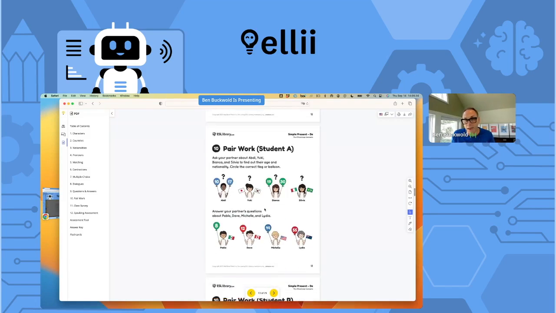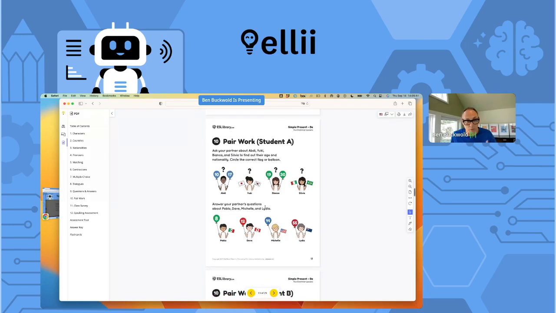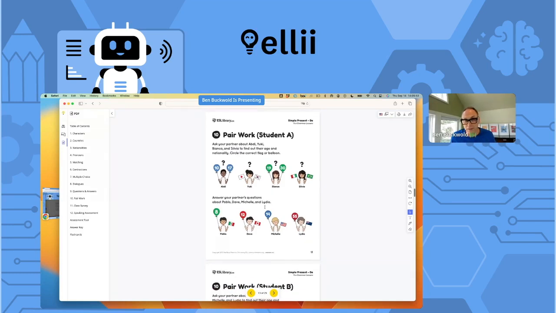You can see here there's a pair work activity. We spend a lot of time developing paired and group activities. We think that's really important in language learning, to put your students into groups and pairs and have them work together on a particular assignment. So these information gaps are often found in our lessons on Ellii, or discussions. Pair work information gap: this is student A, and student A has some missing information. He knows how old Yuki is, but he does not know what country Yuki is from.